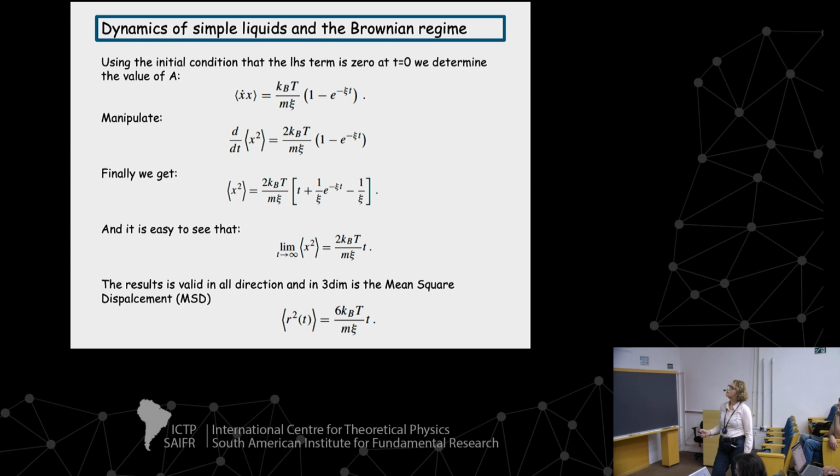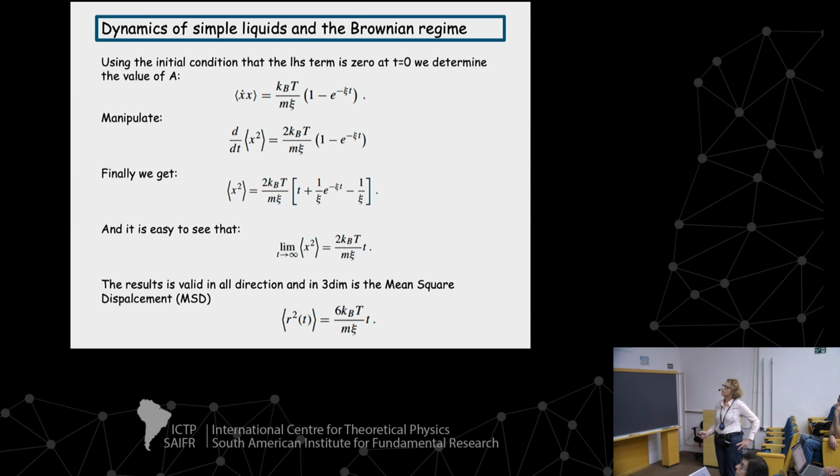So this is the equation that we are left with now. We have the average of x dot x equal to kBT over m xi, times 1 minus e to the minus xi t. We manipulate, and remember that we can introduce the derivative here. We still can introduce the trick of the derivatives. We just need to add a 2 here. So these are equivalent expressions, so that finally we get